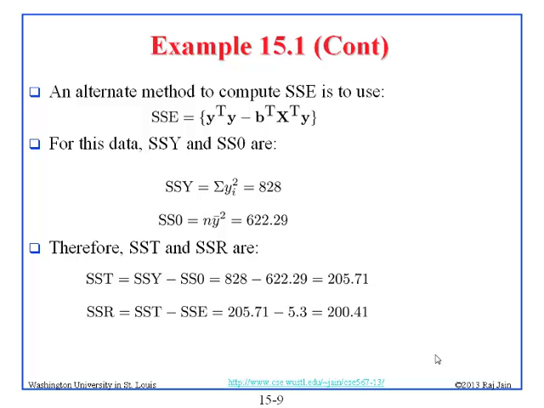So SSY and SSE can be calculated individually as we did in the table before, or they can be calculated as a matrix as given here. SSY is that value, SS0 is simply the sum of the mean squares, and the formula is that SST, the total squares of y, is equal to SSY minus SS0. If you take the difference of those two, that is the unknown, and that is equal to,